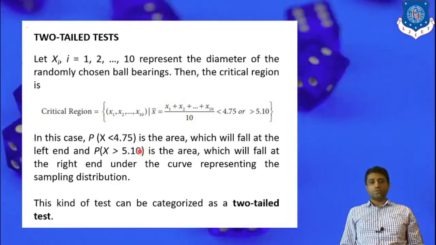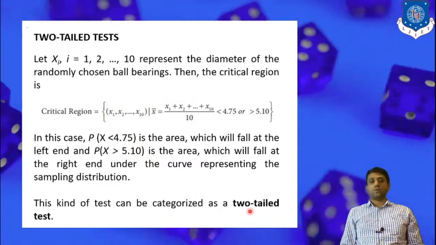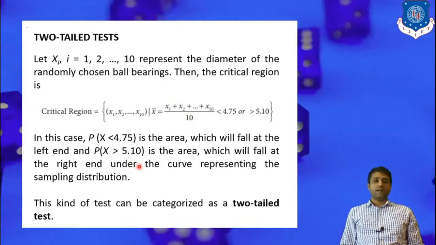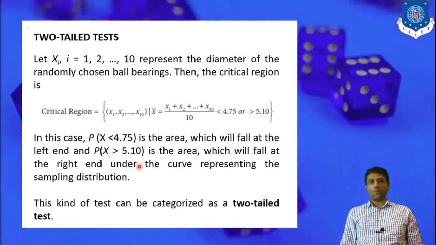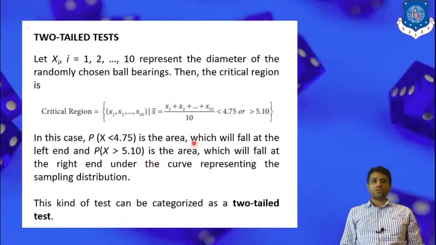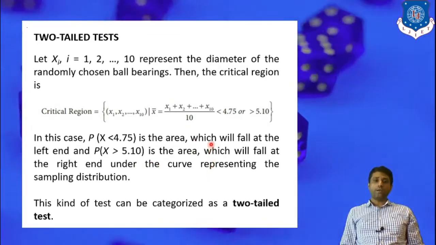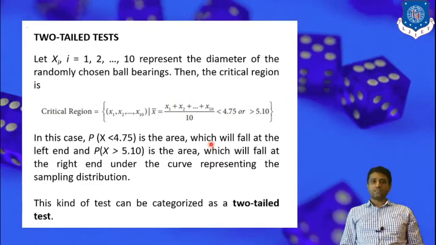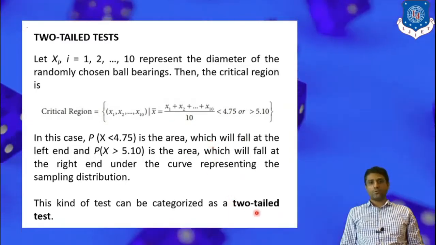So here we have to use the left as well as the right tail. That's why we use the two-tailed test. Again, right now our concern is not to check whether the null hypothesis is rejected or fails. Our aim in this lecture is to identify, in a particular example, whether we have to use a one-tailed test or a two-tailed test. For the one-tailed test, more precisely, it is the right tail test or the left tail test. In this particular example we have to use the two-tailed test.